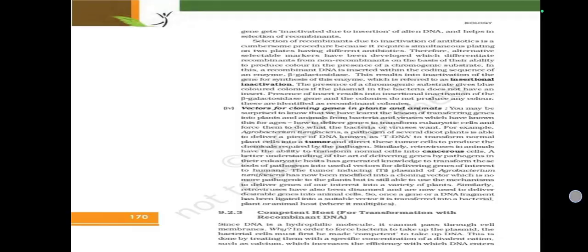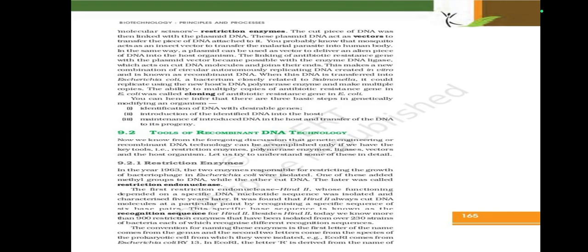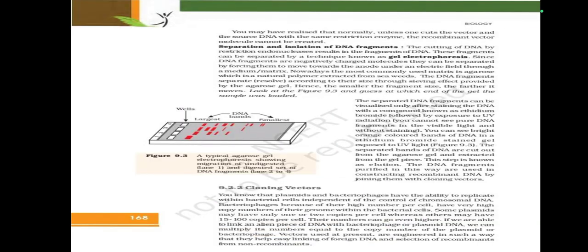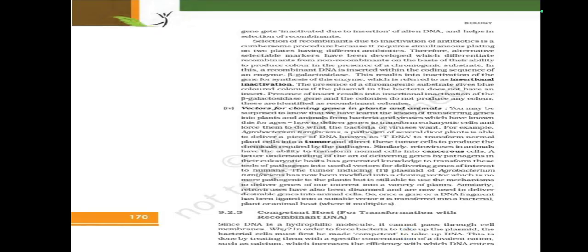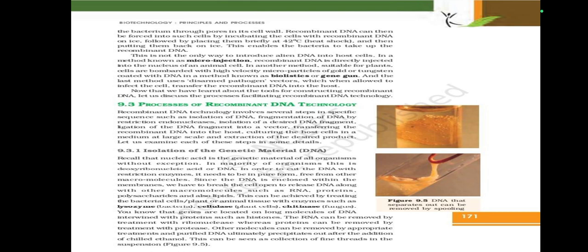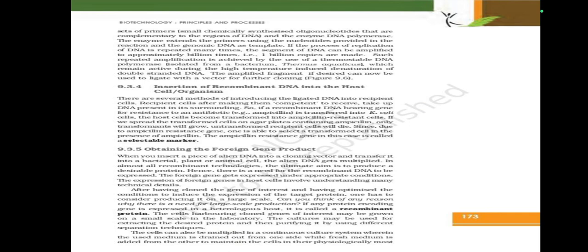Biotechnology principles and processes. Chapter 9 is our chapter, in which we have seen the principles of biotechnology, tools of recombinant DNA technology, cloning vectors, origin of replication, selectable marker, cloning sites, vectors for cloning genes in plants and animals, and the competent host for transformation with recombinant DNA, processes of recombinant DNA technology, isolation of genetic material DNA, cutting of DNA at specific locations, amplification of gene of interest using PCR, insertion of recombinant DNA into the host cell organism, obtaining the foreign gene product,